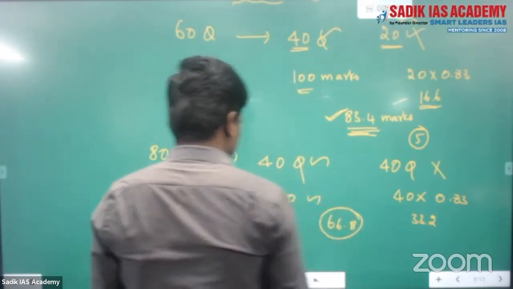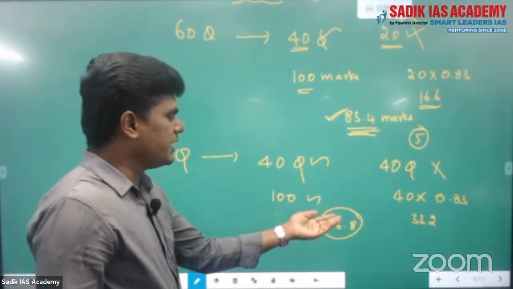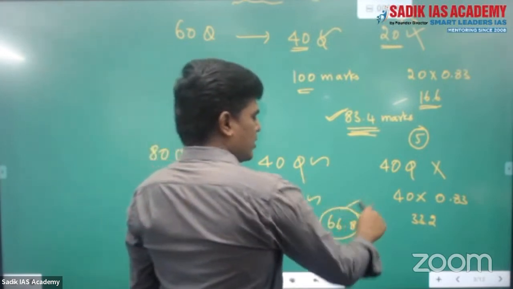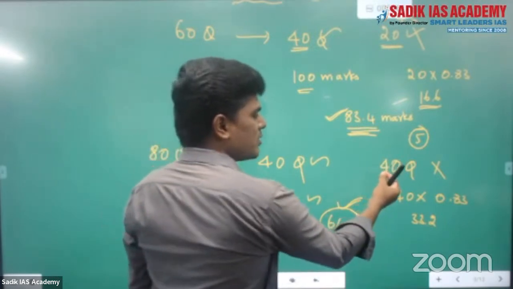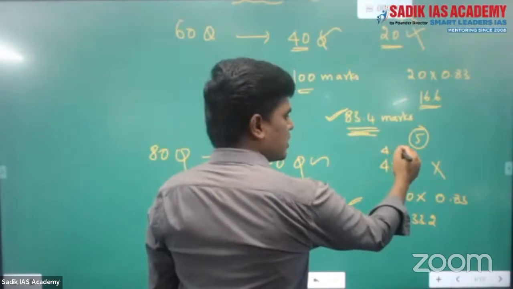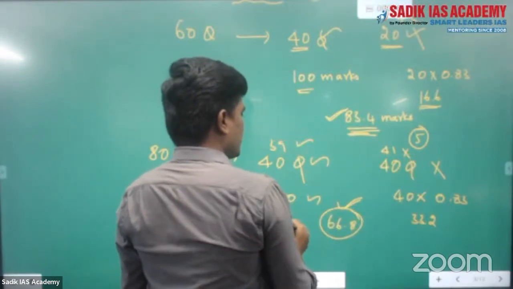So on the border, you are supposed to score 66 marks, and you are scoring 66.8. That means you are getting through the paper by scoring the border mark. And if you make one more mistake, 41 questions wrong and 39 questions right, you are not qualifying